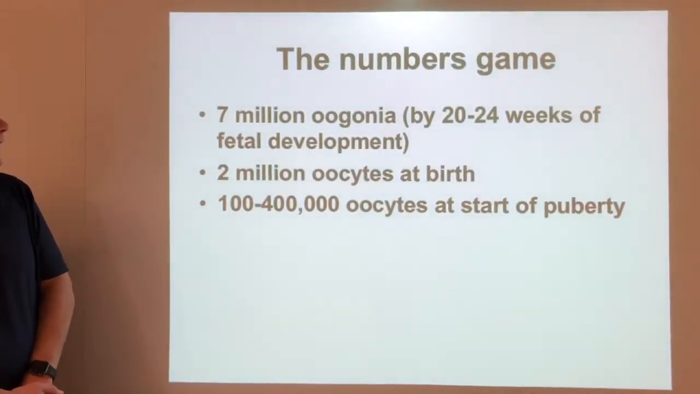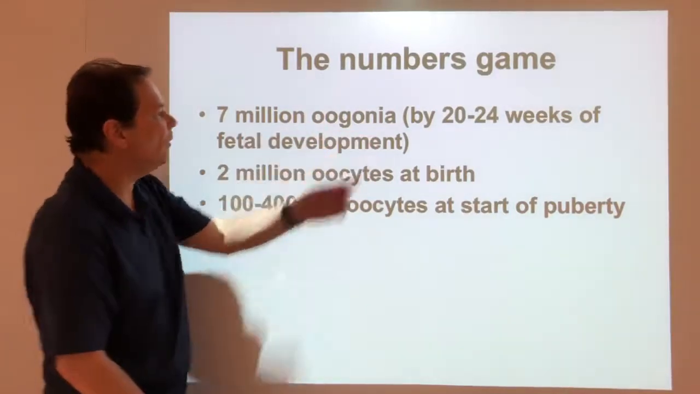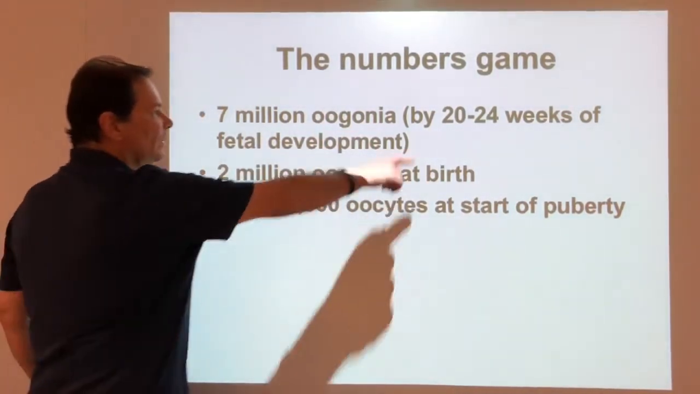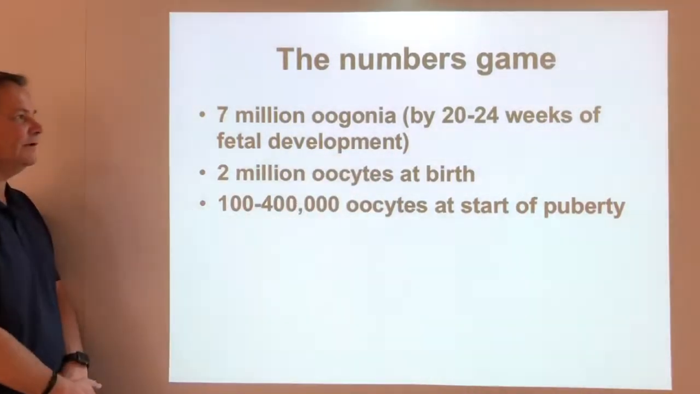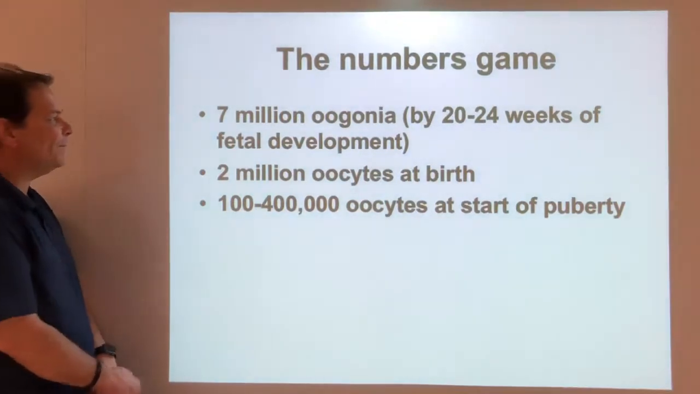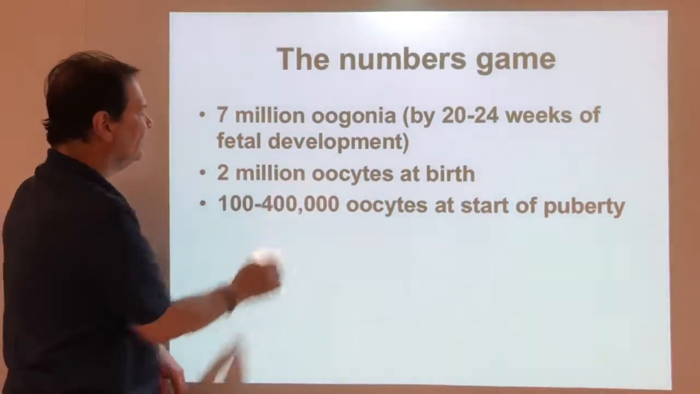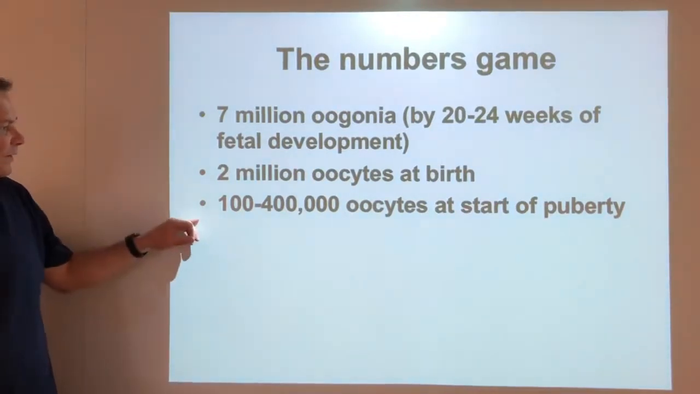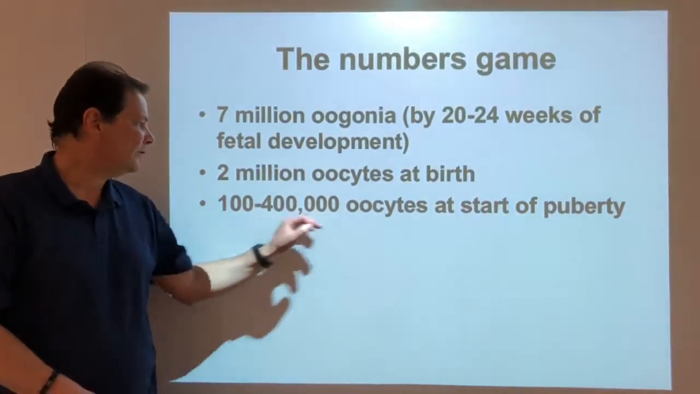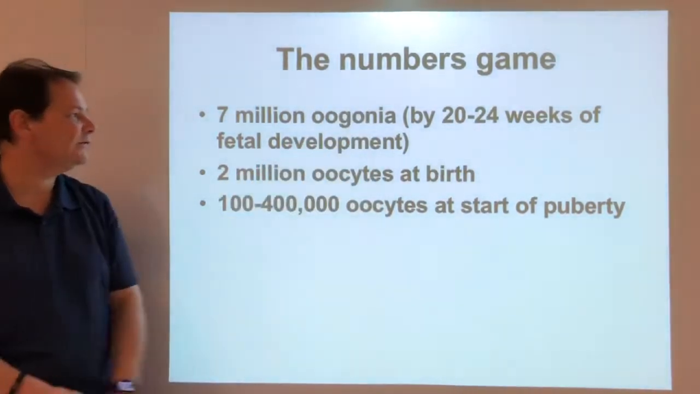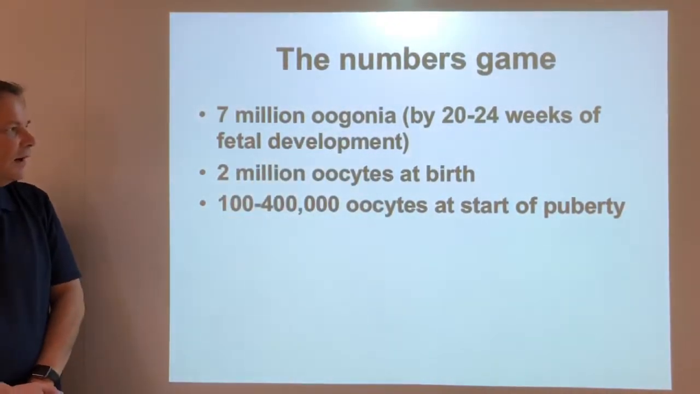So for the numbers game, we have 7 million oogonia by 20 to 24 weeks of fetal development. So we have a whole bunch being produced in the fetus. At birth, this is down to 2 million oogonia, and then we're down to hundreds of thousands of oocytes at the start of puberty,